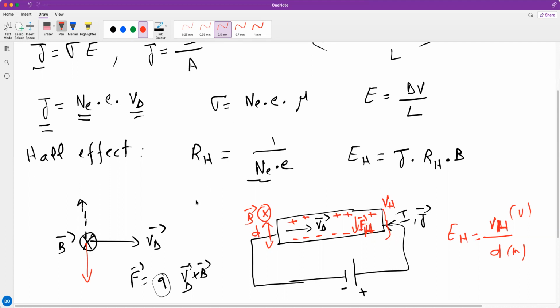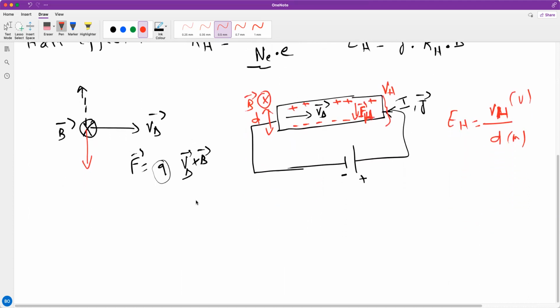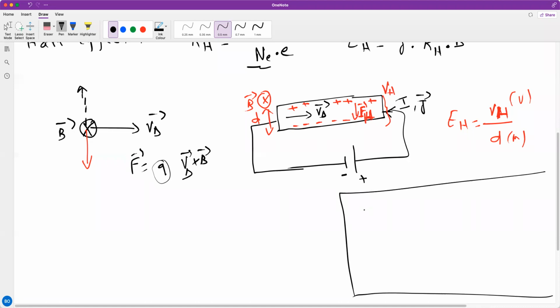So let me again take the direction. If I have a vector A, let's say a vector drift velocity, just not to confuse you, drift velocity, and I have the magnetic field going inside. The VD,